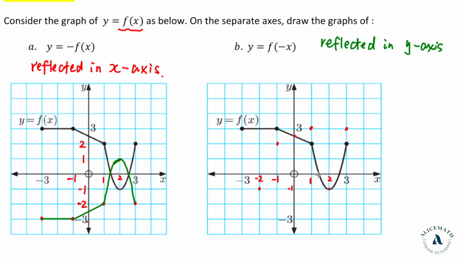Now we need to find the new x-intercepts on the new graph, probably here. And another one is between 2 and 3. So we change the sign. It would be negative 2 and negative 3. Here. Okay, the last point is with the x-coordinate 3 and the y-coordinate 2. So now we change the sign, it would be negative 3 and then